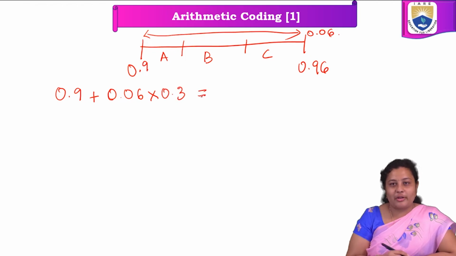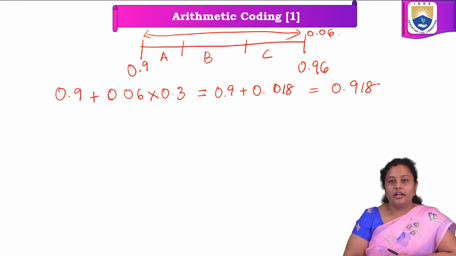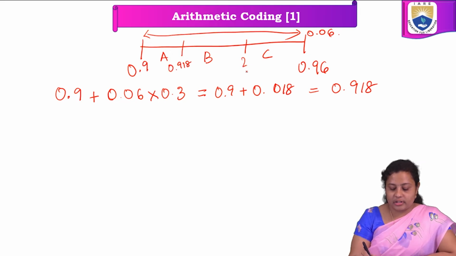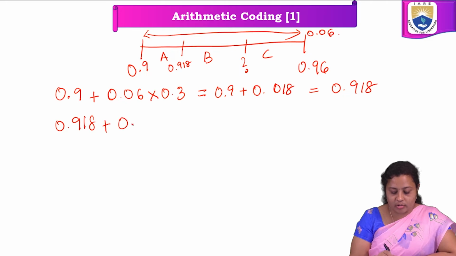So that value, 0.9 plus 0.06 into 0.3, gives 0.018, so we get 0.918. Now this is 0.918. So how do we get the next value? 0.918 plus 0.06 plus